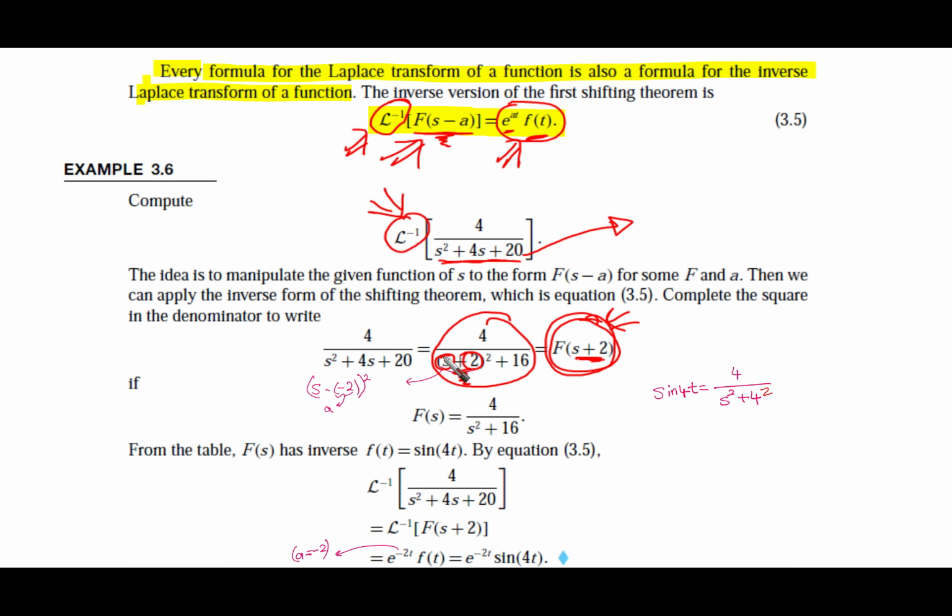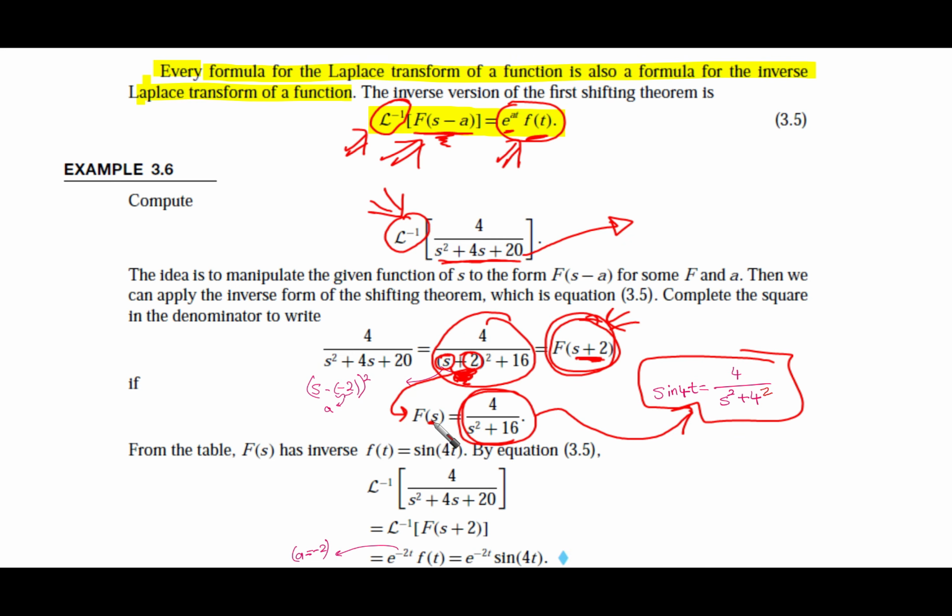So now this 4 over (s plus 2) to the power 2 plus 16, this is what? This is after shifting. Now let's go back to our original Laplace transform without shifting, which is F of s. It is going to be 4 over s squared plus 16. So this is easy to obtain from the table, right? This is the table here, sine 4t. This is the Laplace transform of sine 4t. Then we obtain this